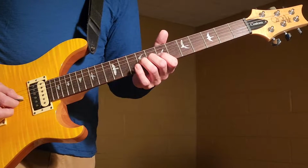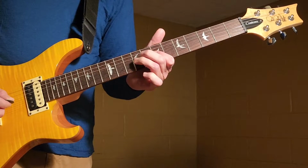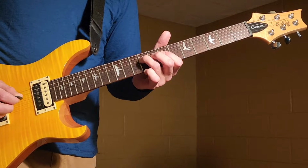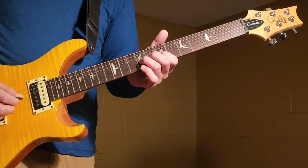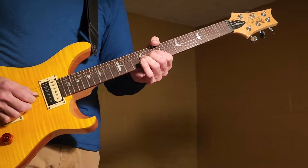And then on the G string, bend up on the 9th. Down to the 7. 9 on the D. 7 on the G. Bend up on the 9th. So